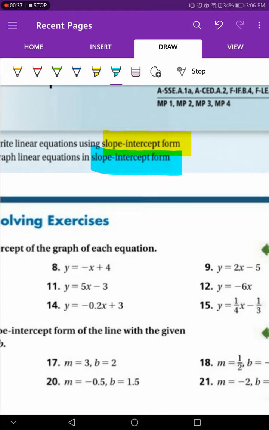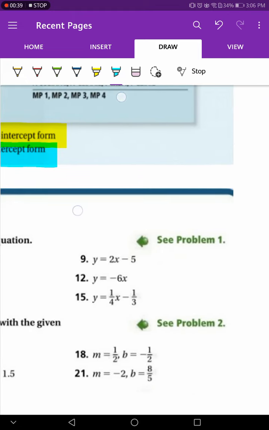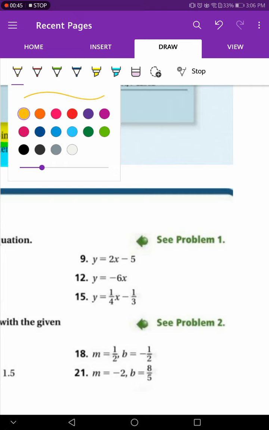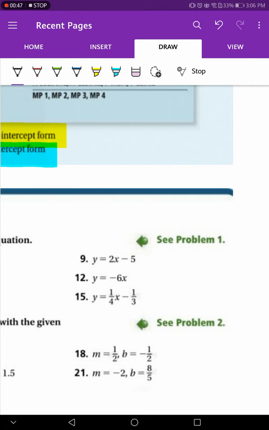My dear student, my advice to you is to memorize the form of this equation, which is y equal